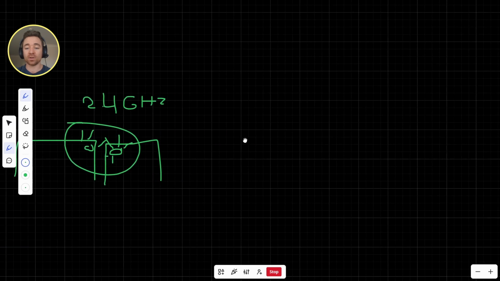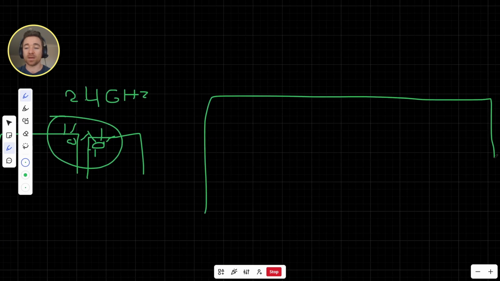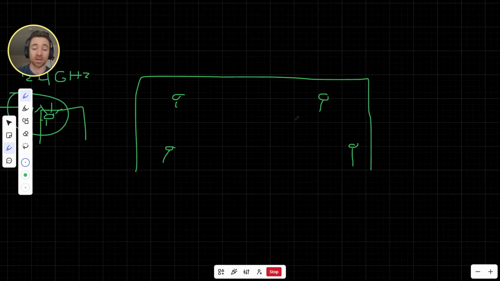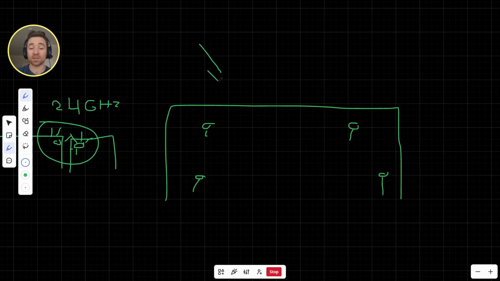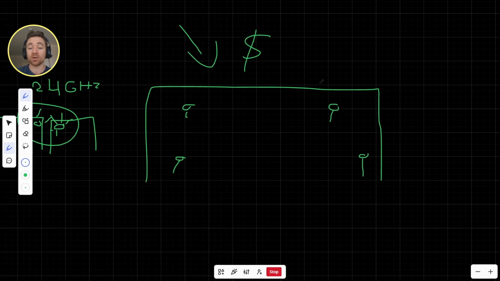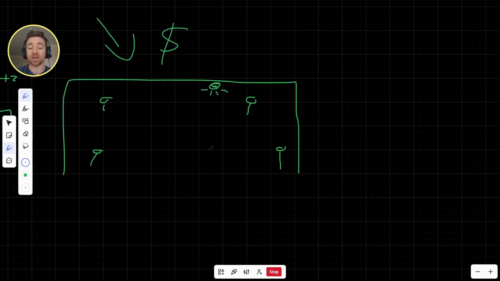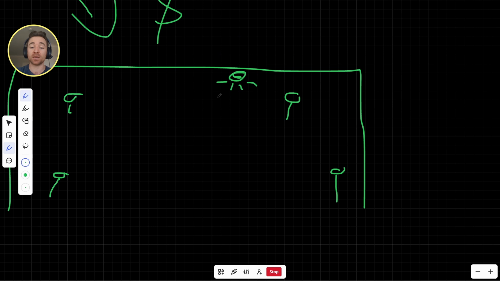However, let's say you've rented a big warehouse, and within this warehouse you have a team of video editors, and these guys are all over the shop, video editing, and they're using video editing on the cloud, and they need to be uploading and downloading really high quality files all the time, and you've actually hired out this office, it's yours because you have a lot of money. You absolutely could, in this case, go for one that is 160 megahertz, because you're going to have to be